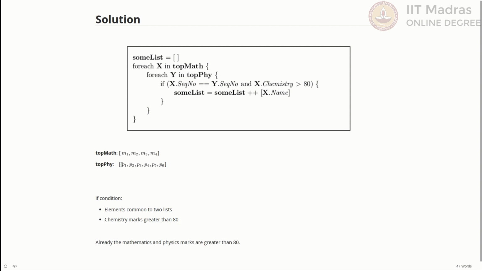Okay, so let's take an example. So top math has these elements m1, m2, m3, m4, and top physics, let's say, has these 6 elements, right? So these are 6 students who have scored greater than 80 in physics, and there are 4 students who have scored greater than 80 in maths. The entire if condition evaluates to true only if these two individual conditions evaluate to true. The first condition is that